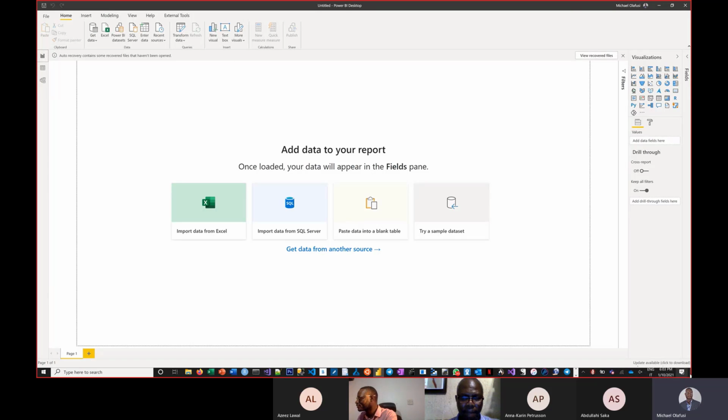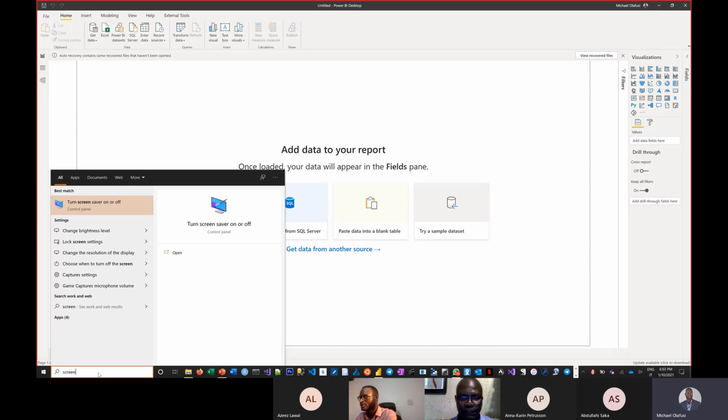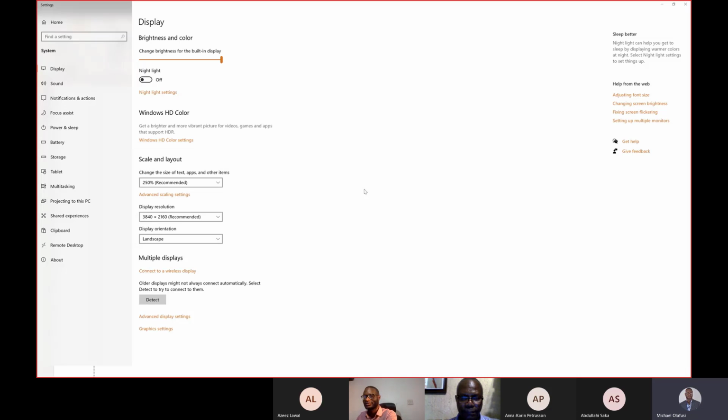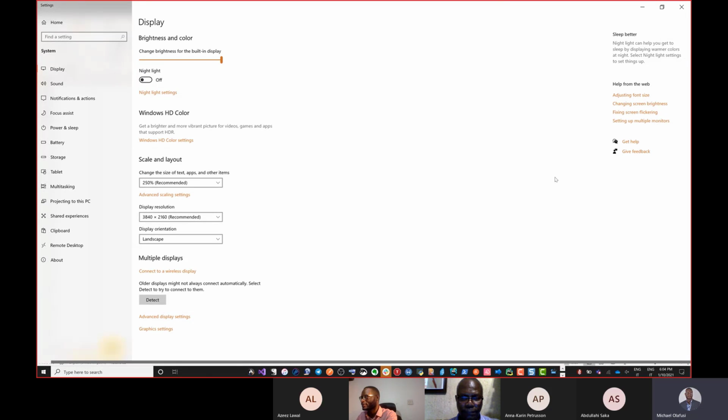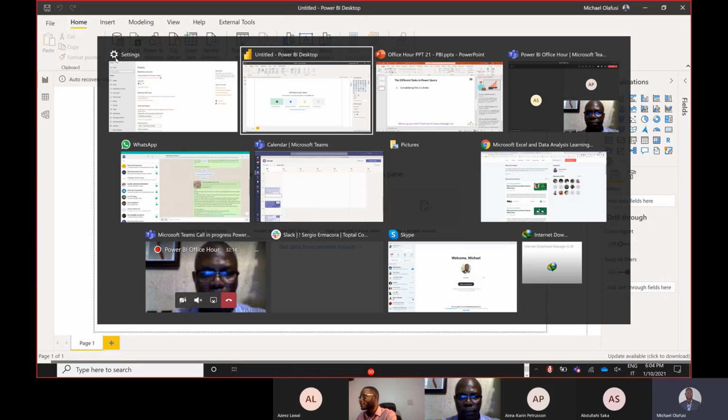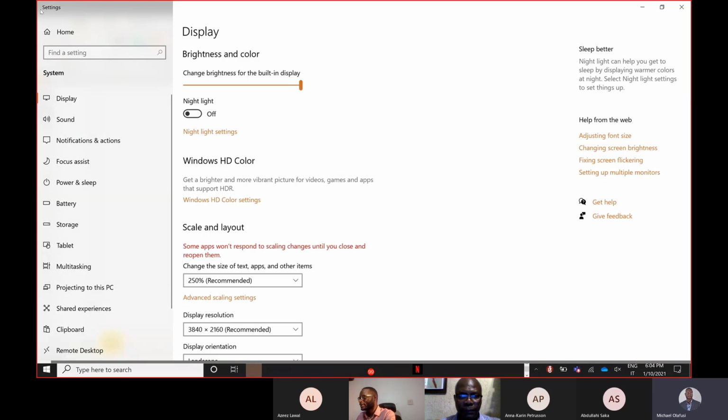Okay, I'm going to increase my screen resolution, or more correctly, I'll increase my screen zoom, so that way you'll be able to see. So I'm starting with number one, which is consolidating